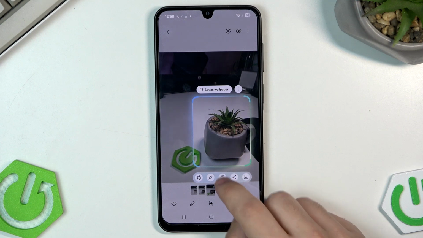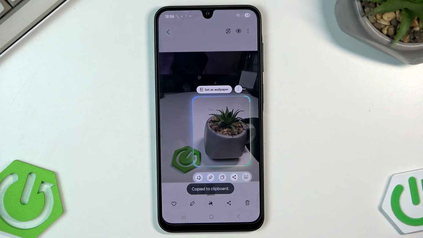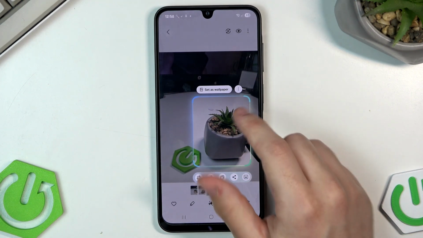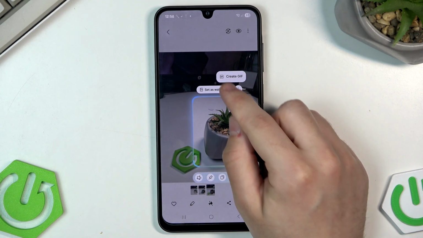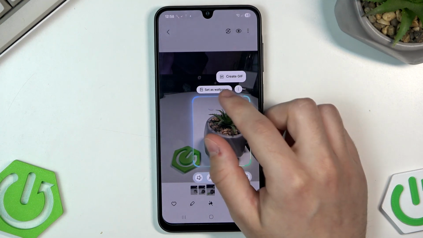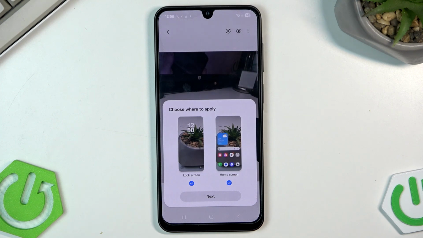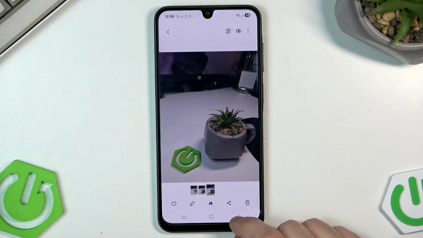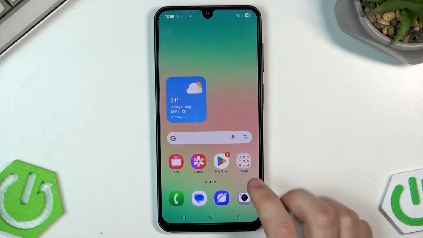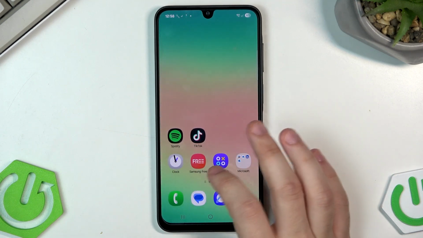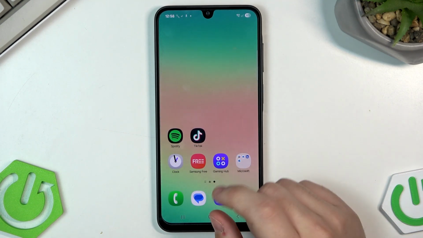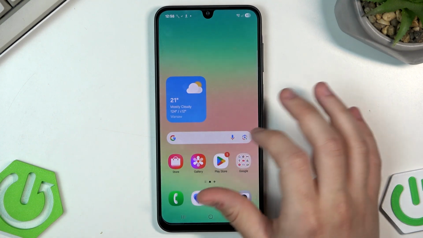All right. Also, I can copy this part of the screen to the clipboard. I can share it, download, or I can create a GIF by clicking those three dots, or set it as wallpaper. And I can select the lock screen and the home screen as well. But I don't want to do it for now. Alright, also you can copy the text from pages, or for example notes, or the images. So currently I can't take a photo with something that has text on it, but